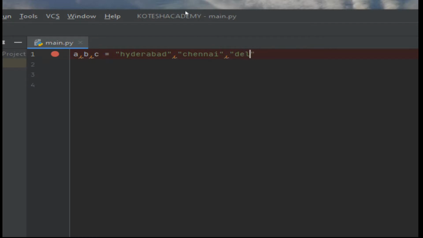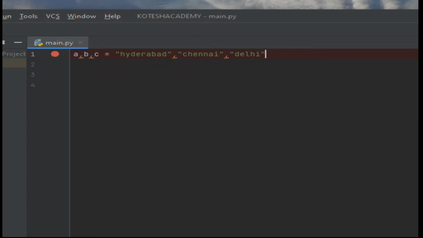So what is the concept of this? On the left side there are 3 variables A, B, C, and on the right side there are 3 items. Consequently, the corresponding values are stored in order: the first variable is A, so the first item will be stored in the first variable.